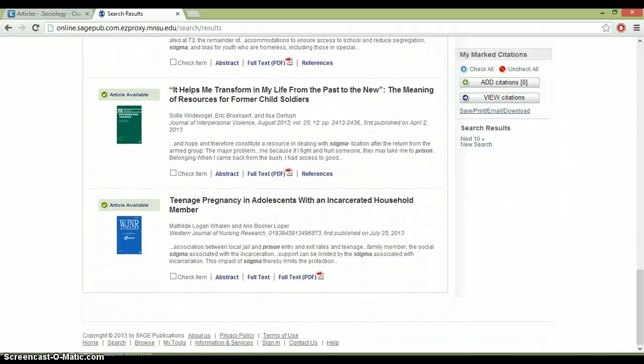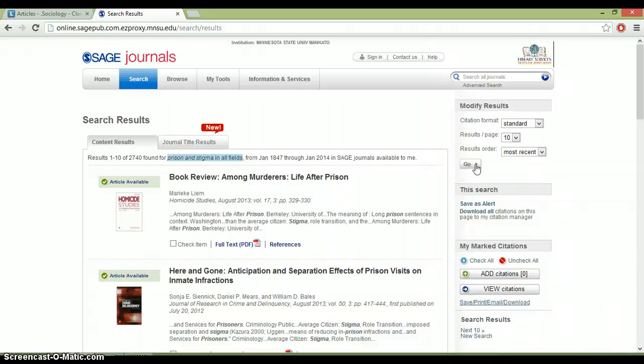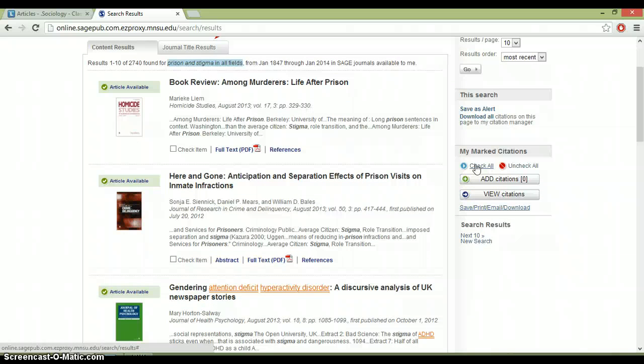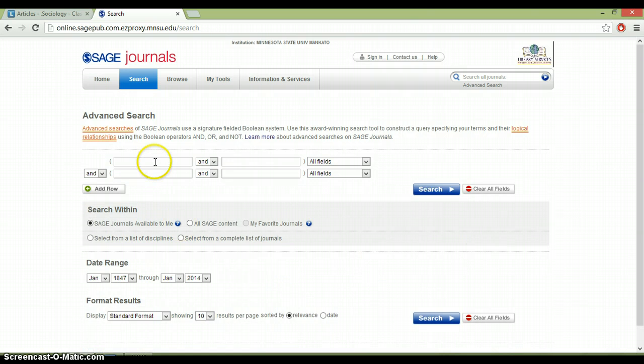Now currently I don't see anything, and that's because maybe the most recent ones are the least relevant, and that's just a choice you're going to have to make. So let's see if we can narrow this down even further. We kept it broad with prison stigma last time. This time, let's add juvenile to it